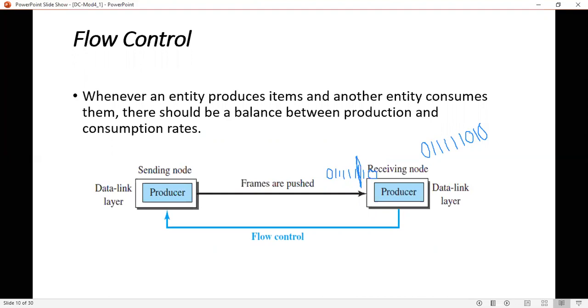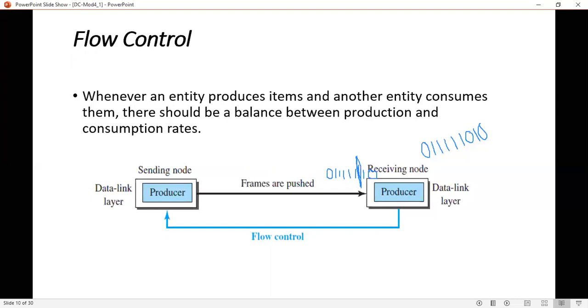Whenever an entity produces items and another entity consumes them, there should be a balance between the production and the consumption rates, right? If the items produced by the producer are faster than the rate at which they can be consumed at the consumer end, then it might result in discarding some items.